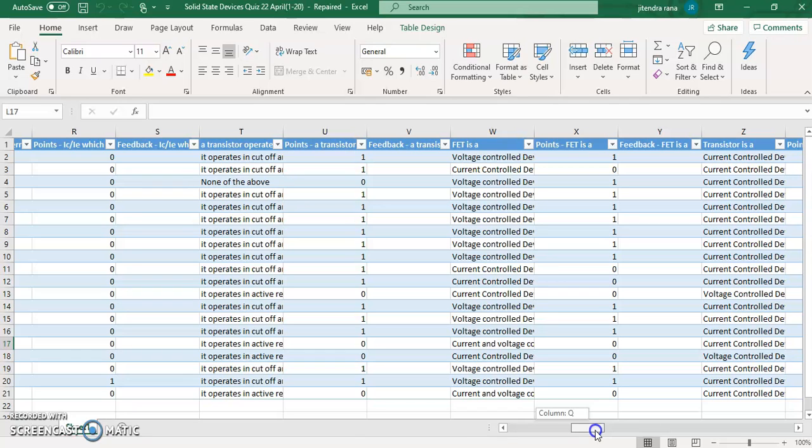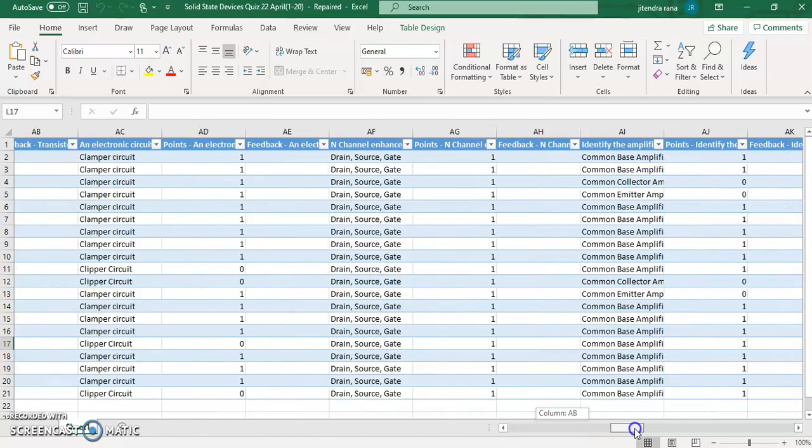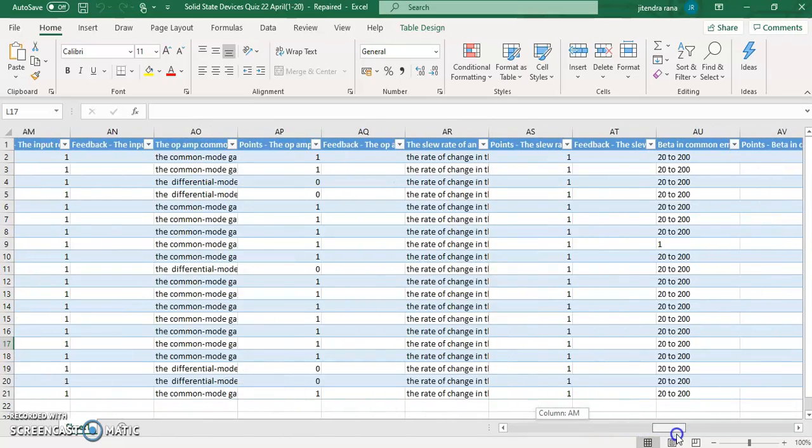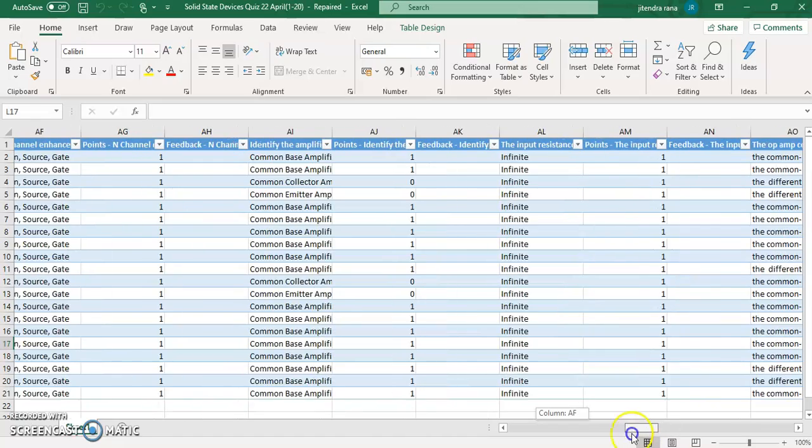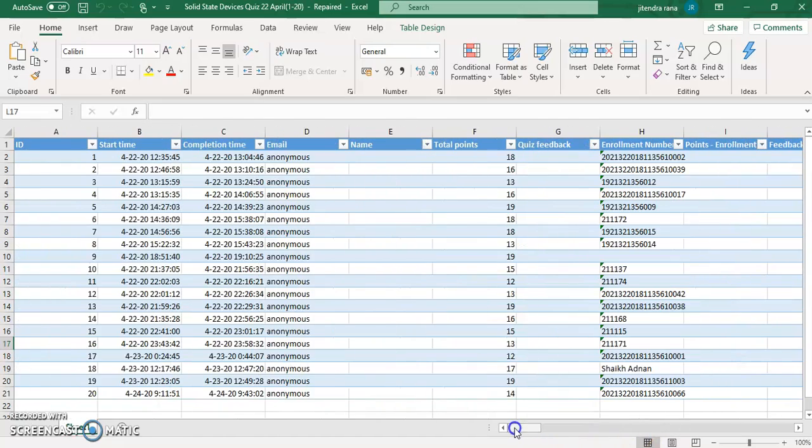For each individual question, the detailed result is displayed in this Excel file. As you can see, the detailed result is available over here for 20 questions. In that quiz, 20 questions were there for which students received these points.